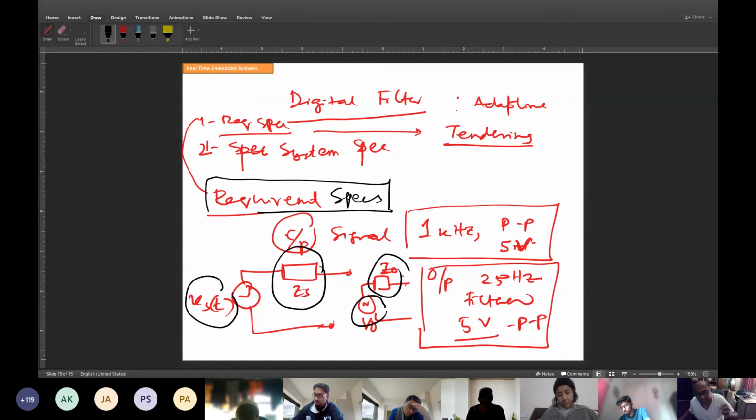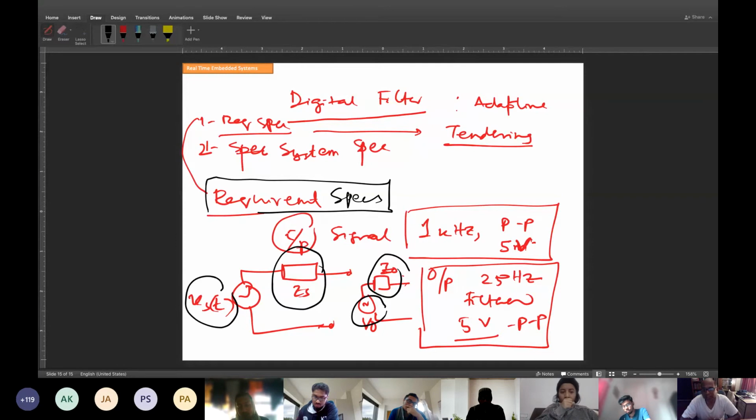Wherever you are getting this signal from, say a sensor, the source impedance, which is the output impedance of the sensor, if it is high, then you have to match the impedance and feed it to the A to D converter. Because the A to D converter has a load. It's a hybrid circuit, analog and digital together. Whenever there is switching, there will be spikes of current drawn from the sensor. If the sensor has a poor or large impedance, what will happen? The sensor output will be corrupted. When A to D conversion happens there is a lot of switching, because there is counting for successive approximation. There is sigma delta ADC. We will study about ADCs. So therefore, the impedance has to match.